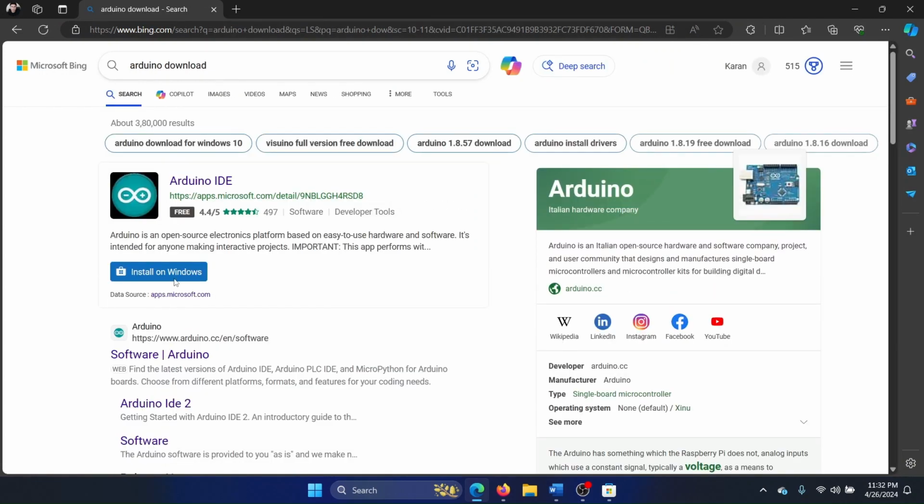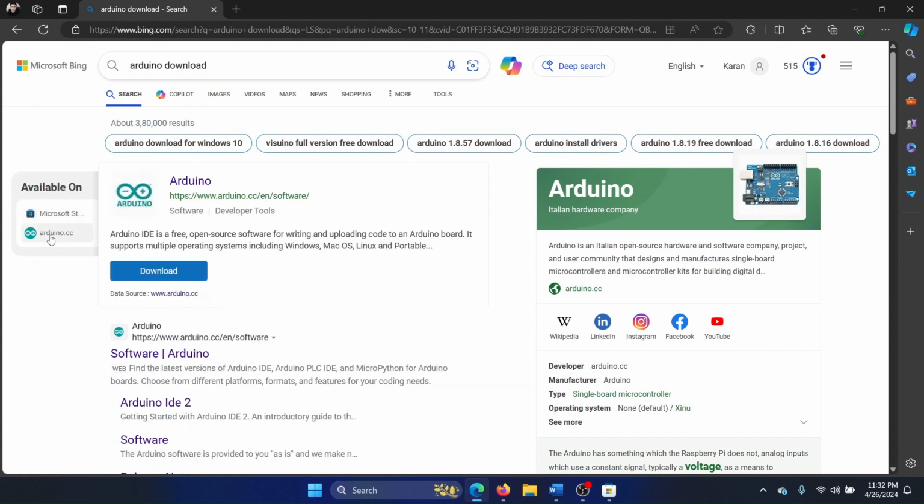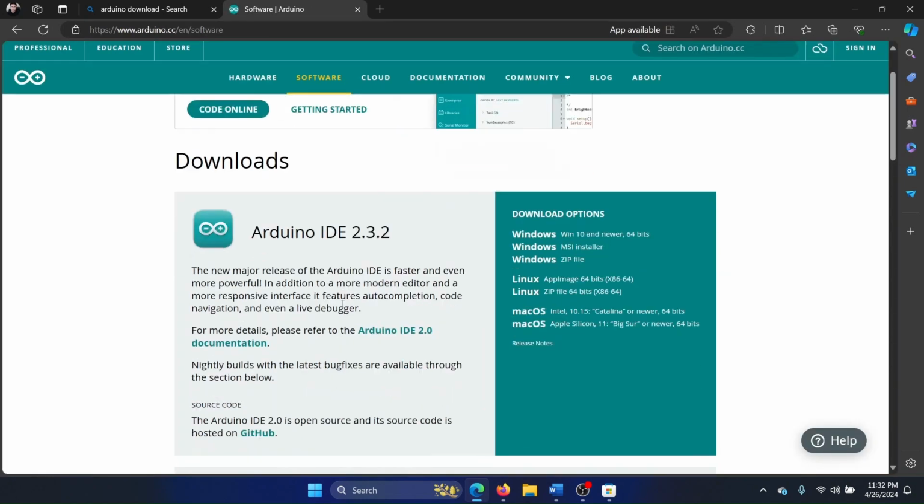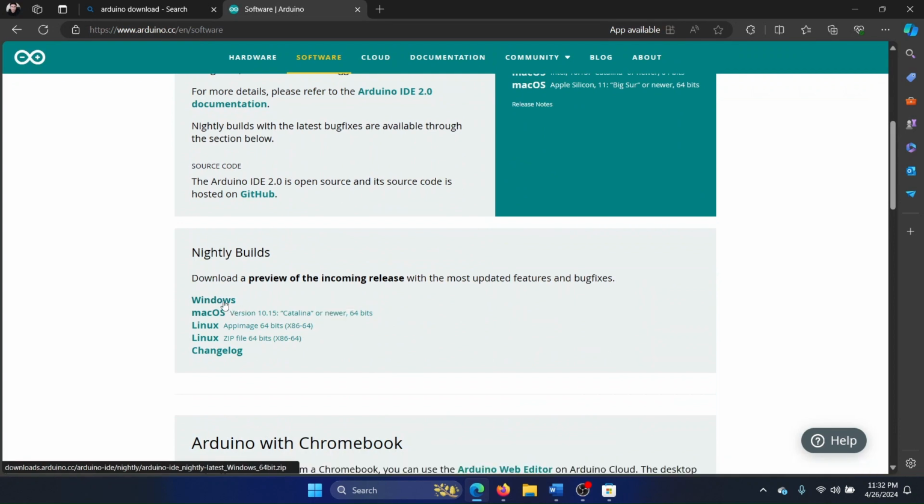it. Why? Because when you add the word download to it, it will give you the option to download, and the first option is on the Microsoft Store, but the second option is from its official website. Now click on download. You will be redirected to the official website, and then you can scroll down and click